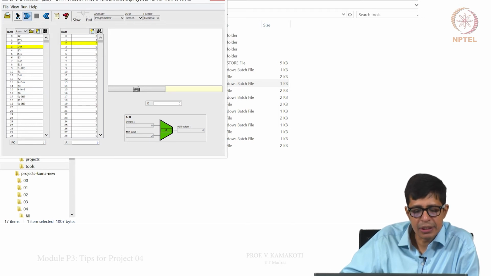That is the instruction. The moment I do that instruction D equal to m, the D register actually becomes 5, right. So, the ALU output became 5 and the D register actually became 5.